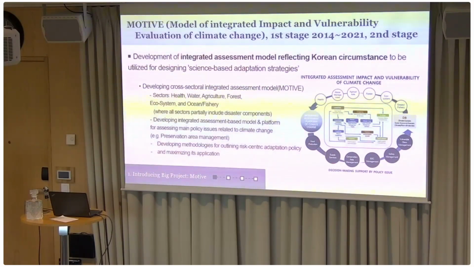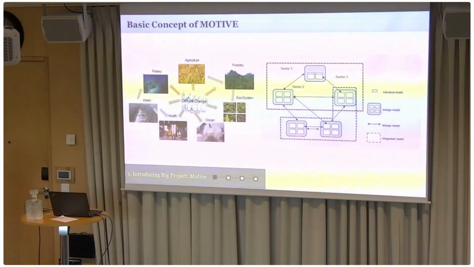So in this project, we aim to develop a model, including a user interface for combining several sectors like health, water, agriculture, forest, etc. Within sector, we'd like to have some connections between components, and then we'd like to have a link between sectors. For example, health, we want to use some information from water, agriculture, for example, which is very challenging actually. So that's something we'd like to do.